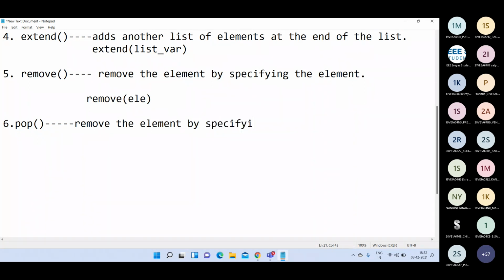By specifying the index value, we delete the element from the list. Earlier in the remove method, we specified the element directly, but here we specify pop of the index value. At that position, whatever element is there will be deleted.